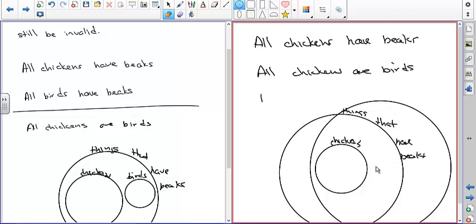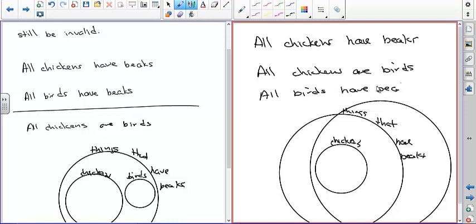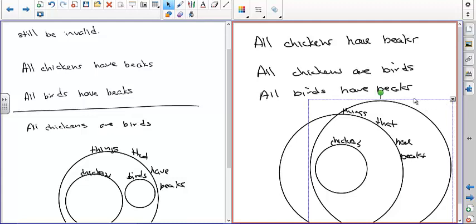I'd have to have an additional statement that would say all birds have beaks. Okay, what that would do is allow me to take this one and shrink it down